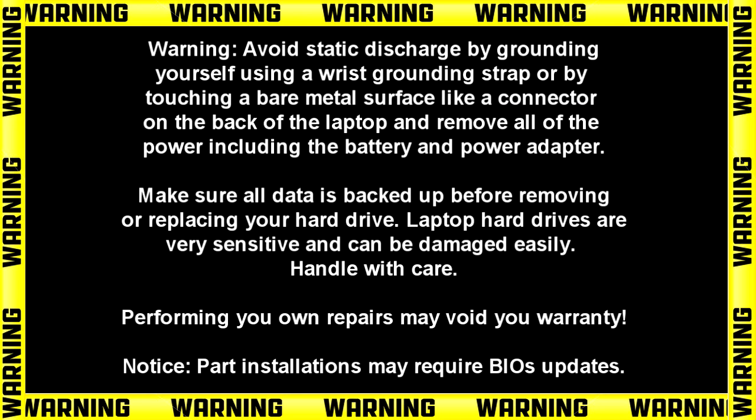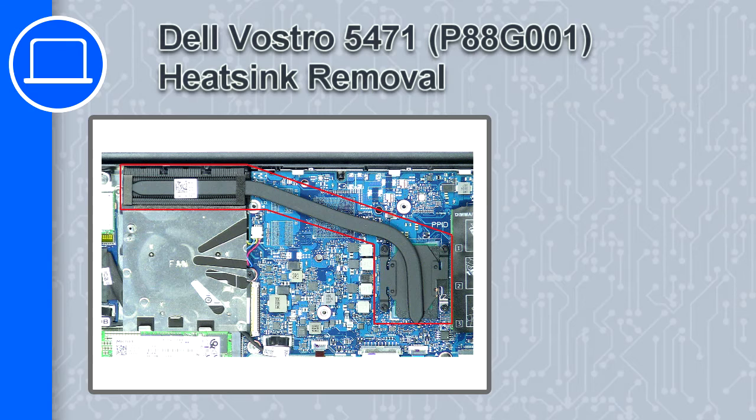Hey, how's it going? This is Ricardo, and in this video, I'll show you how to remove the heatsink on a Dell Vostro 5471. If you're looking for parts for this laptop, go to our website and use this coupon